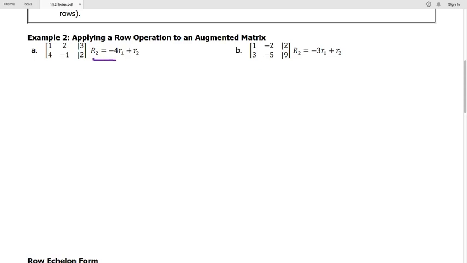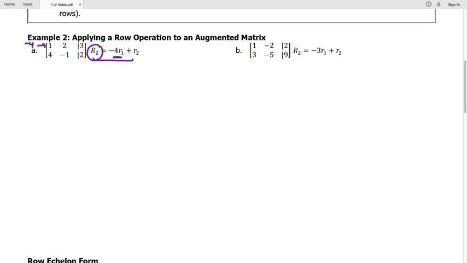Here is the direction. We want to replace row 2 with -4 times row 1 plus row 2. So let's do the calculation first, and then we'll write the final augmented matrix. Okay, we're replacing row 2, so row 1 stays the same. That'll be the final matrix here. But -4 times row 1, let's write that out. -4 times row 1 means we're going to multiply everything in row 1